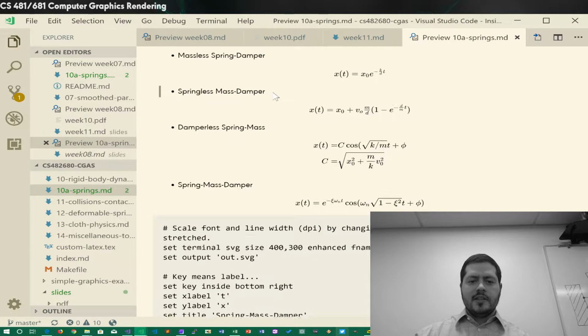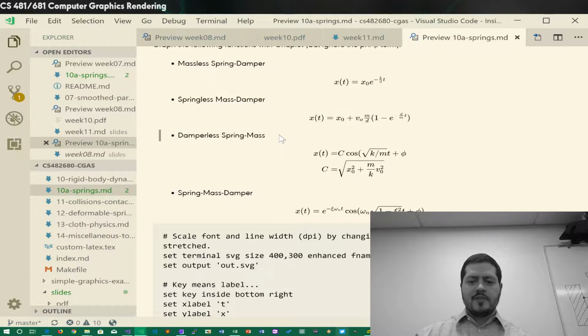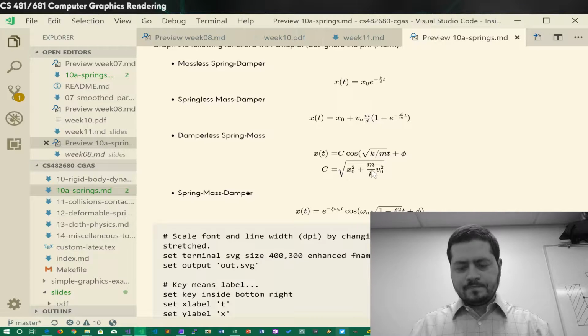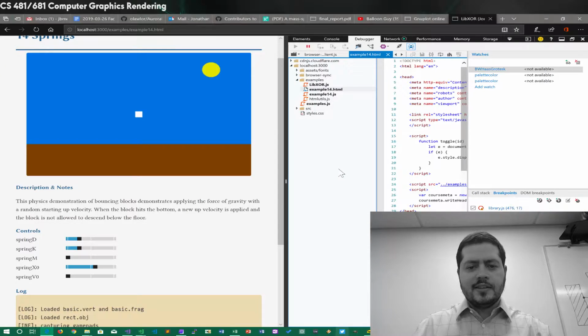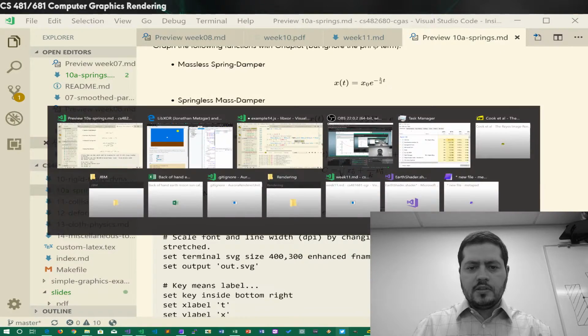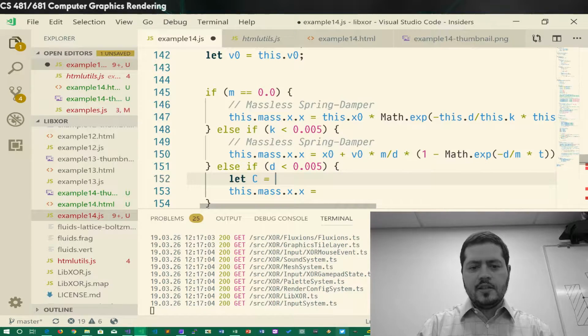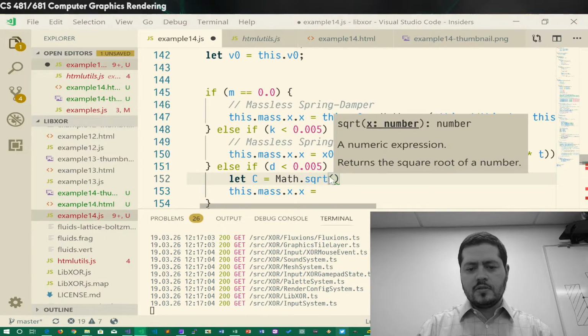But the second one is the case where you have a damperless spring mass. Okay, and now we have a cosine in here. So what do we think the cosine is going to do to our, what's going to happen with our, yeah, we would expect it to be bouncing around back and forth. Okay, so we have this constant here, and we have a phase function with a missing parenthesis, but let's see here. So first we need to calculate the c value. So let's do that real quick. Let c equals math.square root. We have